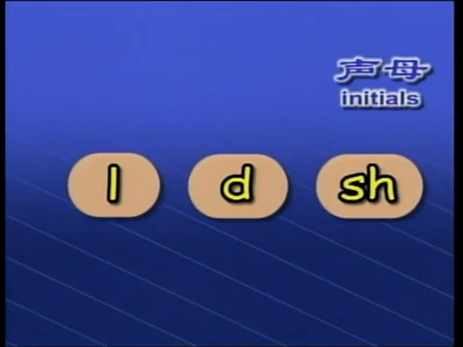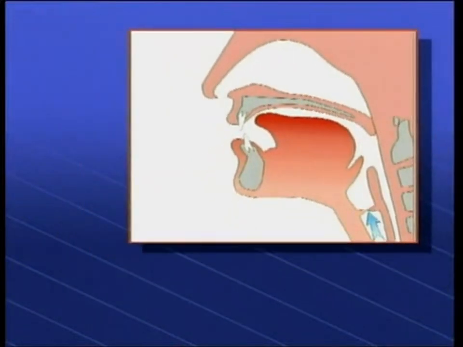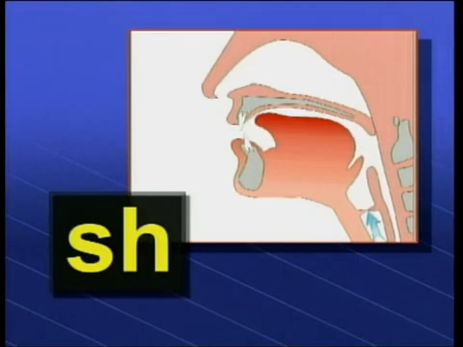诗。The sound sh is a retroflex sound. When you pronounce the sound, you should roll up the tip of your tongue and press it to the front of the hard palate. Let the air current flow through the friction. Do not produce vibration in the vocal cords. 诗诗。